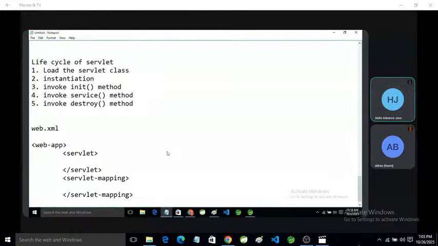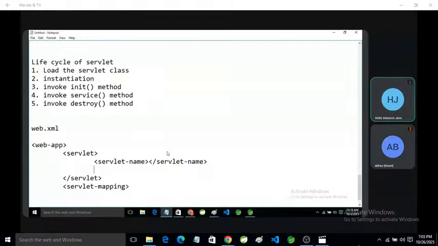Servlet has two subtags: servlet-name and servlet-class.